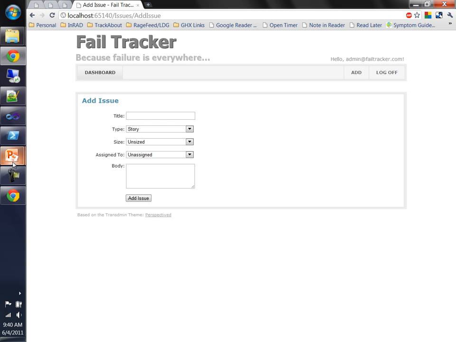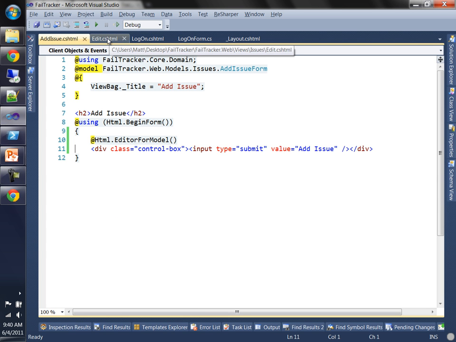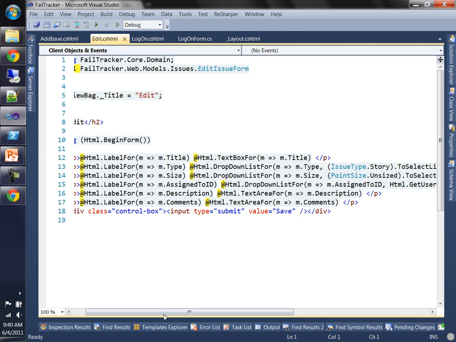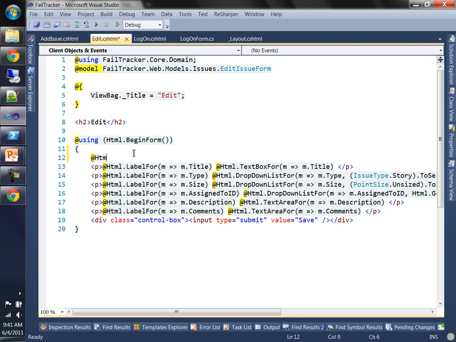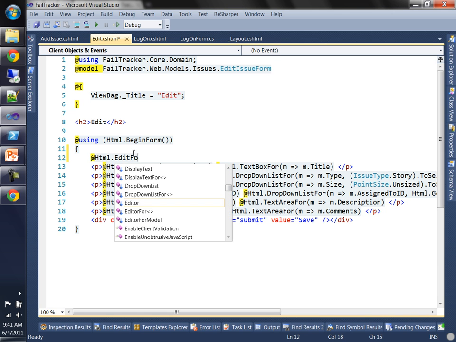So, all right, let's go to our editor. This is our editor for the issue. Do the exact same thing. HTML editor for